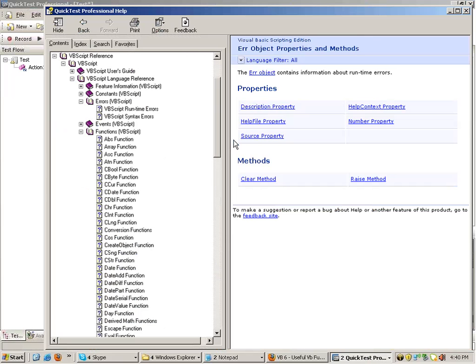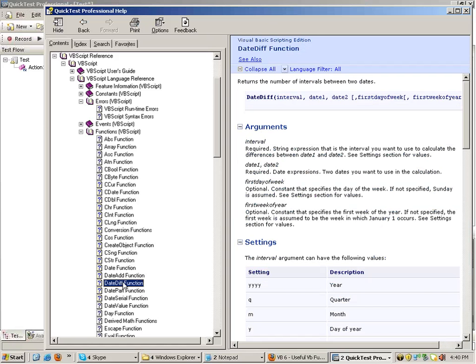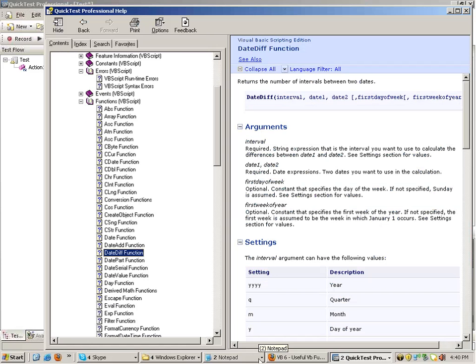You can refer to this set of functions and draw the solution. For example, you need to find the difference between two dates. You have two dates with you and you need to find the difference. This date function helps you.